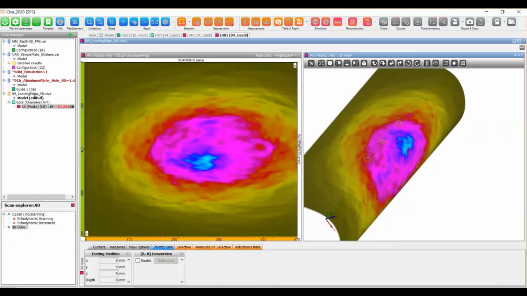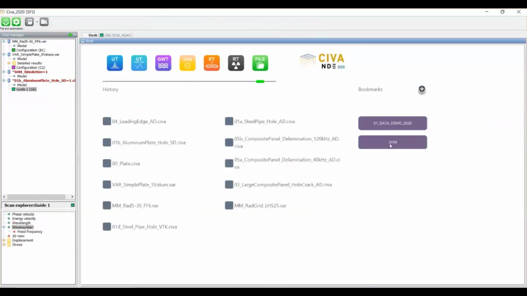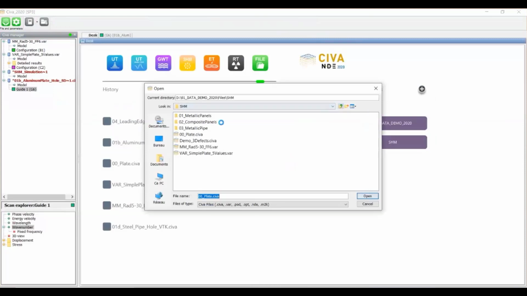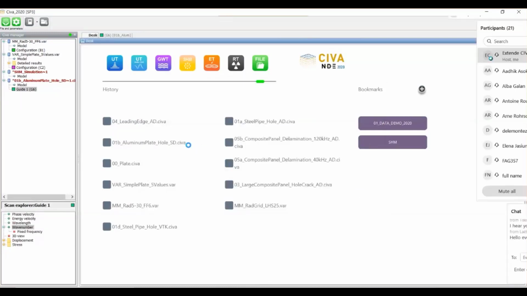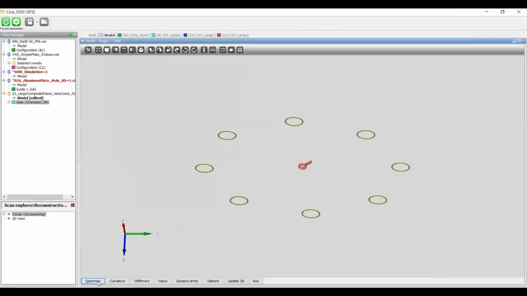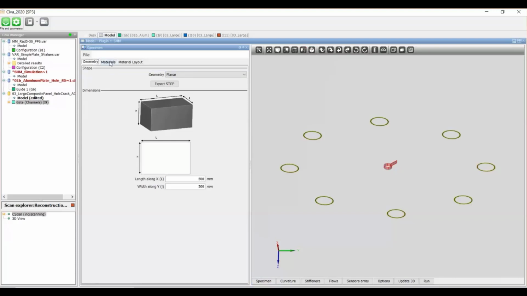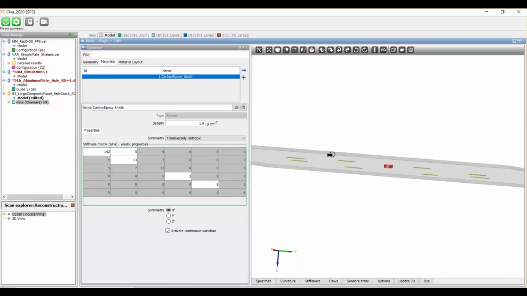We have talked about composites. So let's also load a composite example. Okay. So to define it, we have more or less seen the process. You have to load, for instance, the carbon epoxy ply structures.